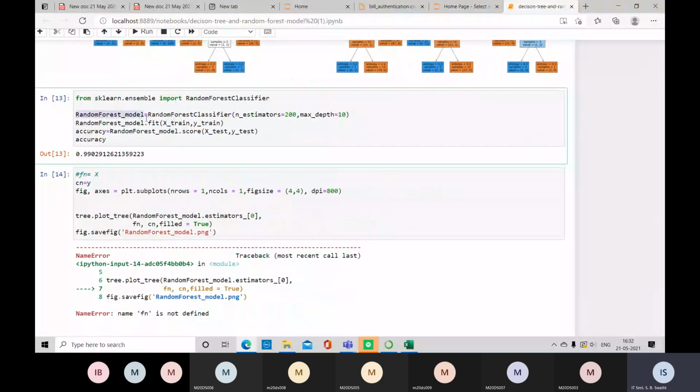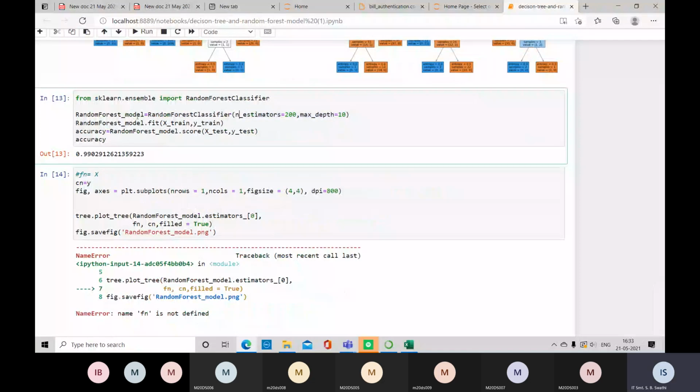So this is also a tree. You just have to remember these 4 lines of code. This is a very, very simple algorithm. Same like the decision tree, we are initiating this random forest classifier with a variable. You can take any simple variable. In that there are a lot of parameters. I have just taken these parameters. You can keep it empty also.